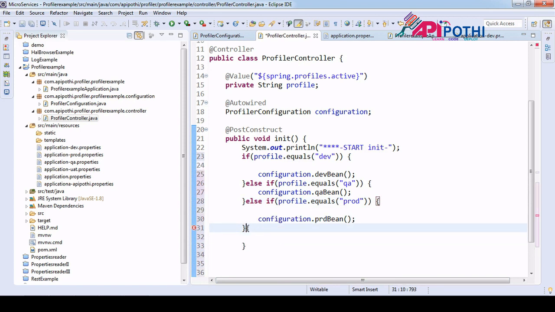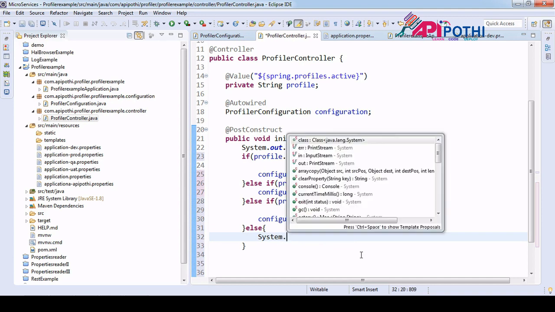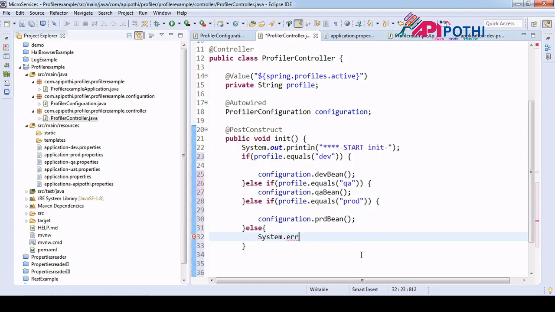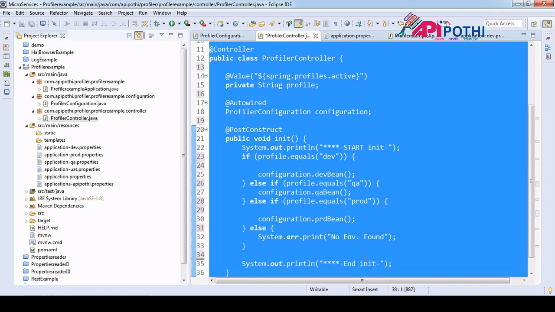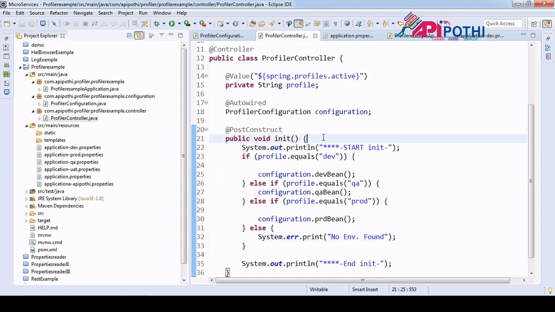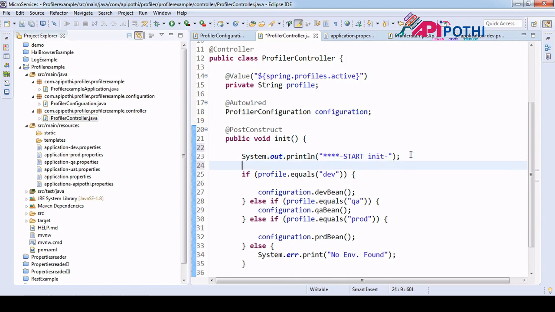Now in the else condition I am going to put some System.err.println saying that no environment found. Okay, so this is just Java standard coding, nothing very specific to our profiler.